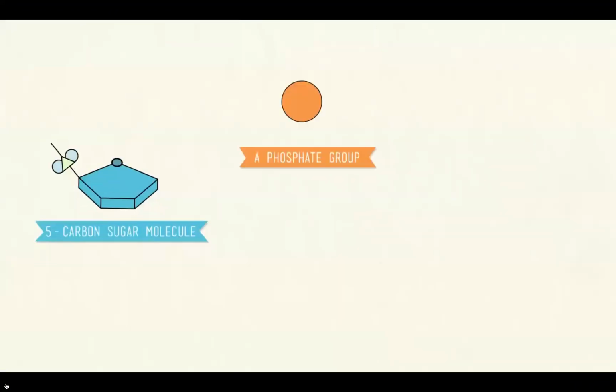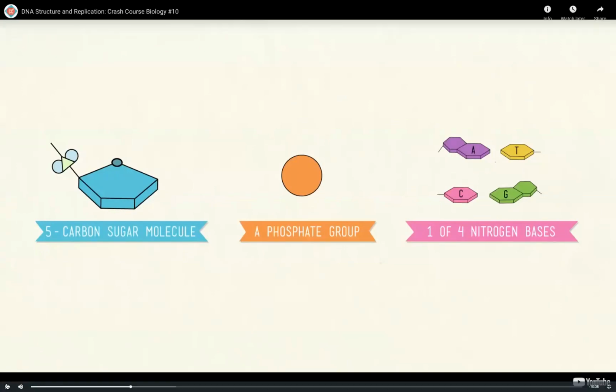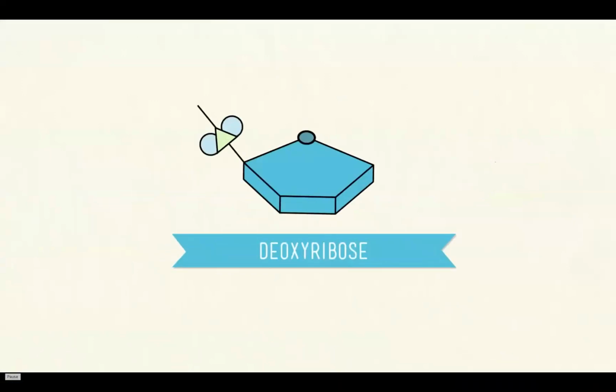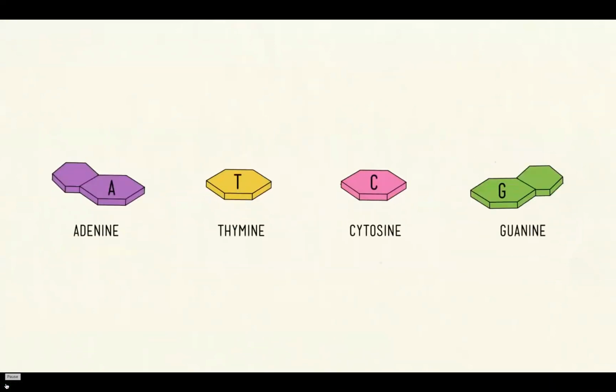Now, before we actually put these tiny parts together to build a DNA molecule like some microscopic piece of IKEA furniture, let's first take a look at what makes up each nucleotide. We're going to need 3 things: 1, a 5-carbon sugar molecule, 2, a phosphate group, and 3, one of 4 nitrogen bases. DNA gets the first part of its name from our first ingredient, the sugar molecule, which is called deoxyribose. But all the really significant stuff, the genetic coding that makes you, is found among the 4 nitrogenous bases: adenine,